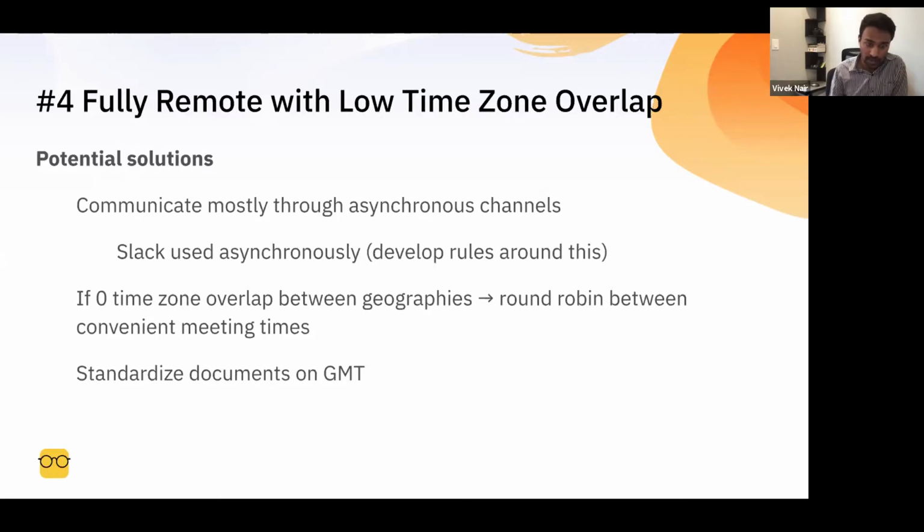And on top of that, one thing that's also small but pretty tactical is to standardize all documents on GMT. I've gotten confused plenty of times where people put in times that are local for them, and it just kind of messes with everybody's mind. So standardizing on GMT always helps with that. And I've seen, especially in companies like Elastic, where they'll almost put it inside the header of every email, the time that a particular email was sent, so everybody's on the same page and it's easier to reason about timing.